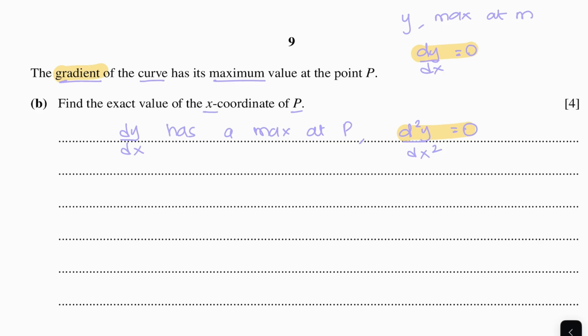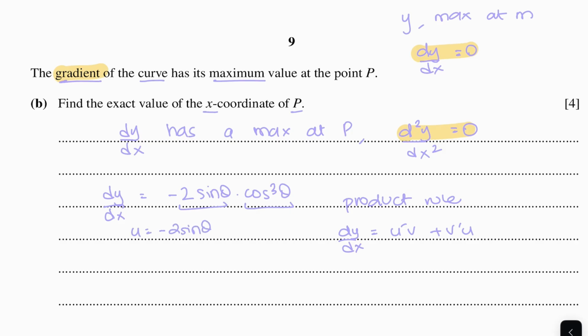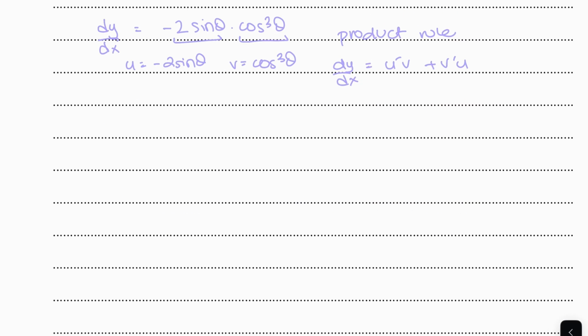Okay, so now from the first question, we know that dy by dx is equal to minus 2 sine theta times cos cube theta. We can see here that these are two things being multiplied, so we are going to use the product rule. The product rule is that dy by dx is equal to u prime v plus v prime u. So we can say that u is equal to minus 2 sine theta and v is equal to cos cube theta. So if we differentiate u, we will get